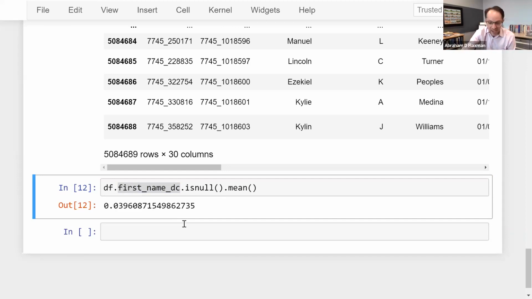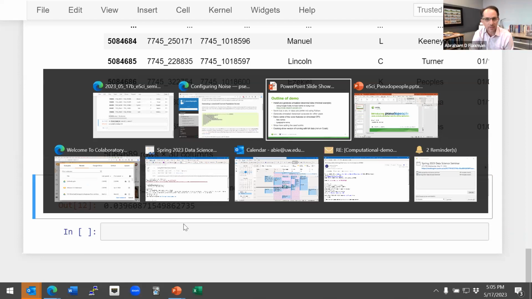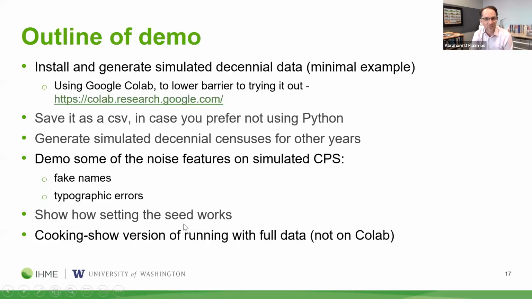And so based on the amount of time that I have to talk to you all today and the amount of time that I'm trying to reserve in case there are questions later, I think this is the perfect place to wrap up my demo and return to telling you a little bit more in a structured way about what's in this pseudopeople package. Again, questions, throw them into the Q&A, and Nicoletta is going to jump in if any question seems like a great one to answer during this talk. Otherwise, I'll save some more time for them at the end.